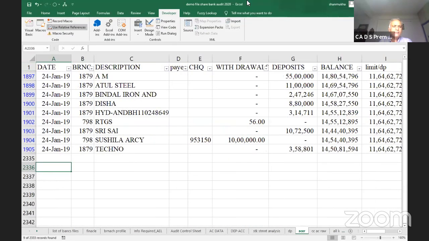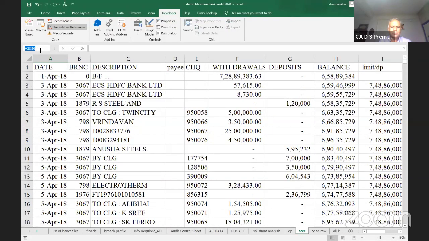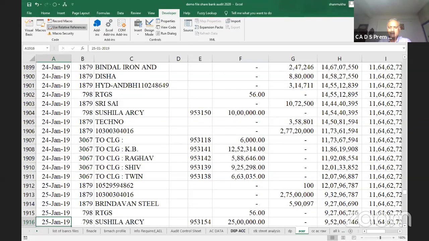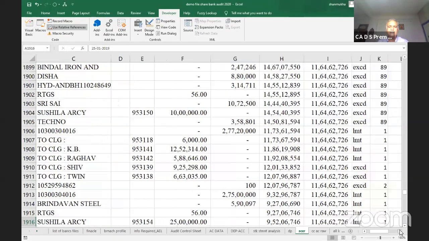when is this 89? 24th, meaning 1905 is the row number. So I'll go to A 1905. So 24. Now if you can observe here, this amount has become within the limit. This has become within the limit because suddenly some 2.77 crores का amount deposit हुआ, यहाँ पे और 2.75 crores का deposit हुआ।